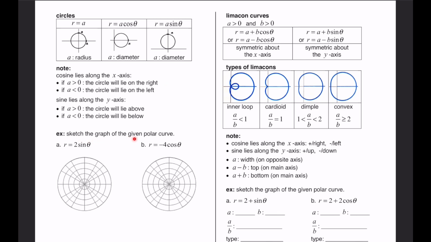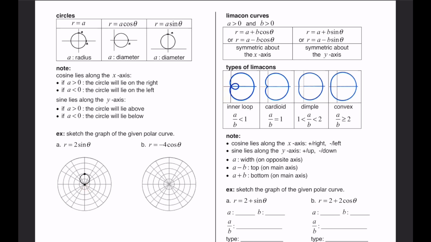It says sketch the graph of the given polar curve. Part A says r equals 2 sine theta. Since we have sine, this circle is going to lie along the y-axis, and again, this value a is going to be the diameter. So the circle starts here at 0, 0, and then the diameter is going to be up 2,